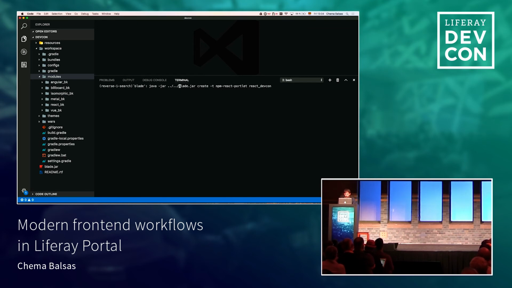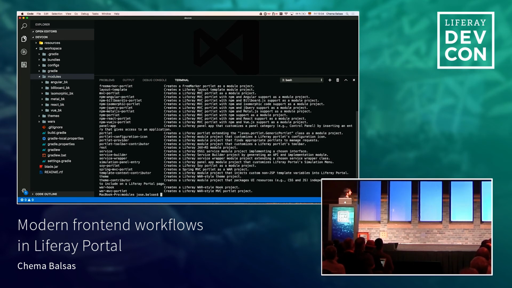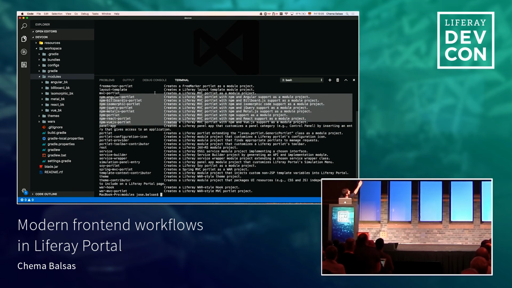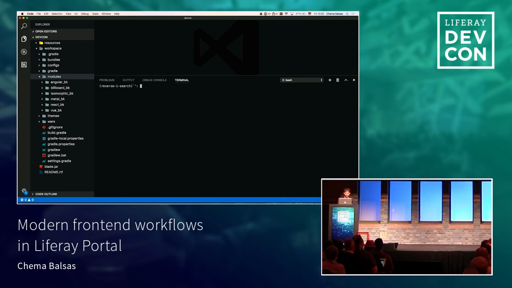With Blade, what you can do is, Blade contains a lot of archetypes and different types of projects that can help you get started real quick, right? So we've added these NPM ones here. If you want to create an Angular portlet, jQuery, Metal.js, React, Vue.js, you can just use those to get started. And what it means is that when you type,